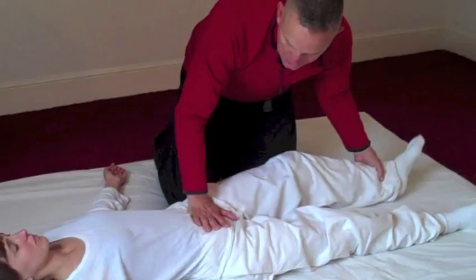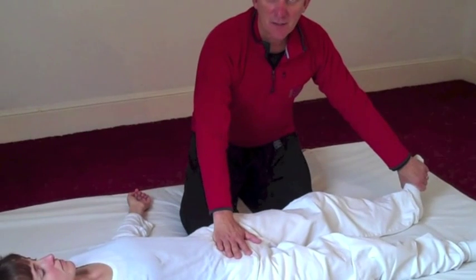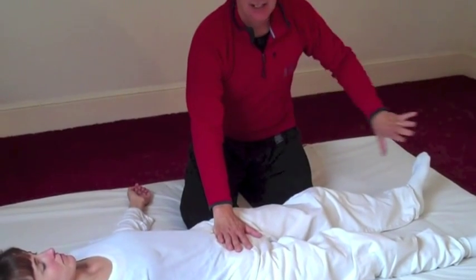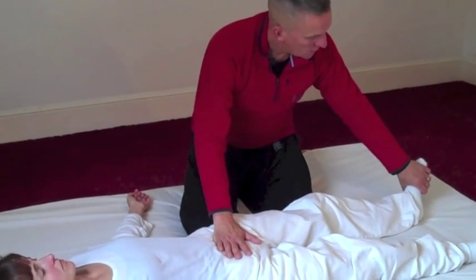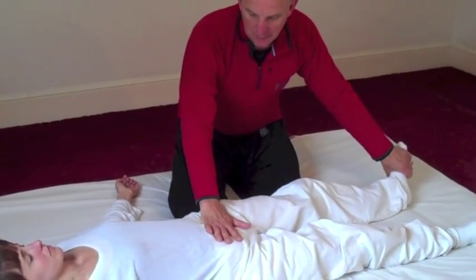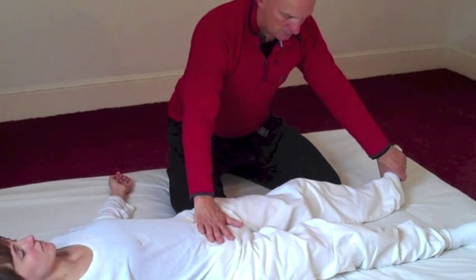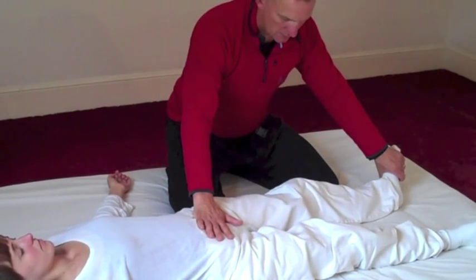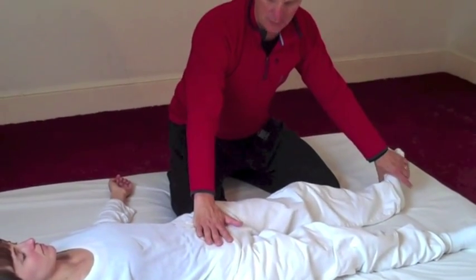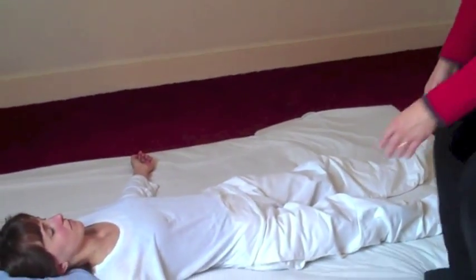Kidney 1's a very interesting point because it's the earthing point of the body, the most strongly earthing point of the body, and it's very strongly connects us in Qigong with the earth. So this is a very strong point that we can use, again, investigate its effect on the lower heater. And then, as the lower heater